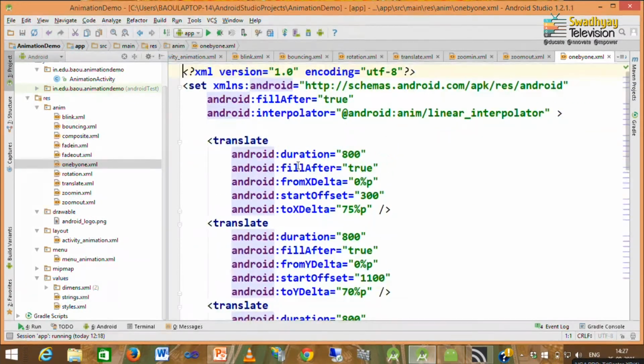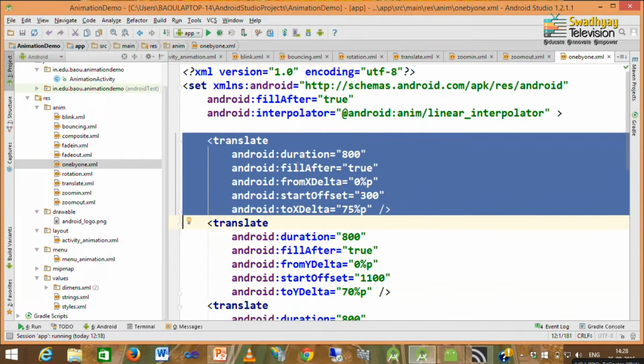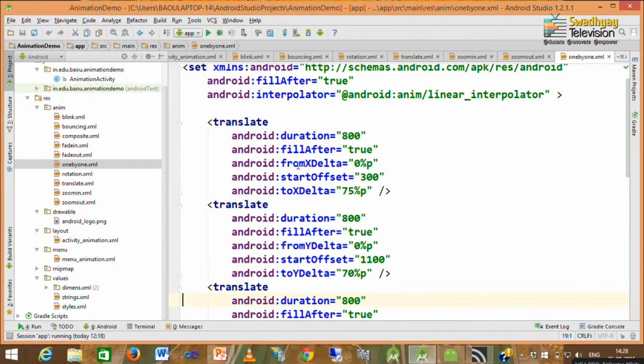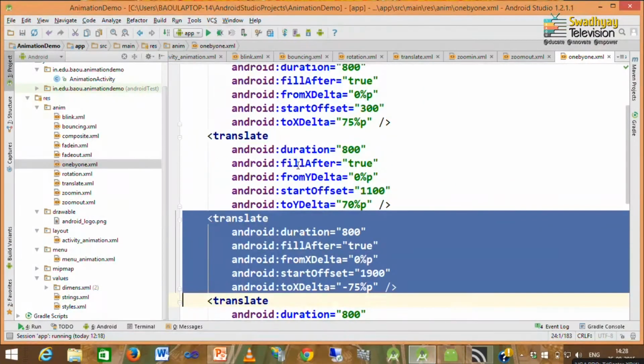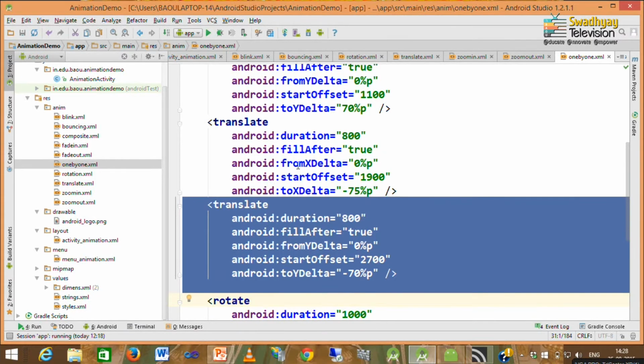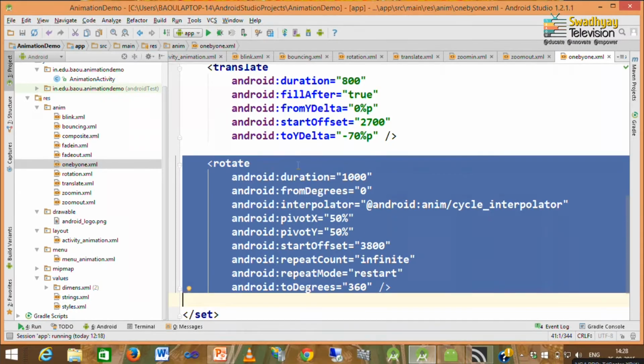Here on screen you can see the very first is a translation, then again translation, third is also translation, fourth is also translation, and finally we rotate the object as I explained earlier.